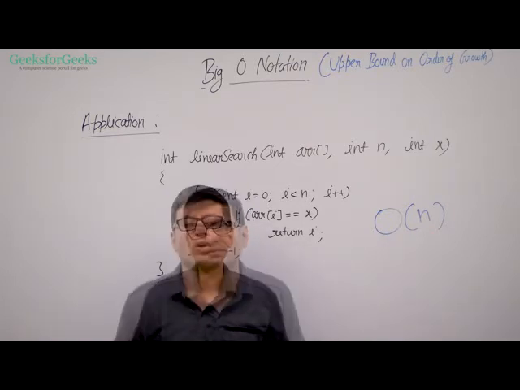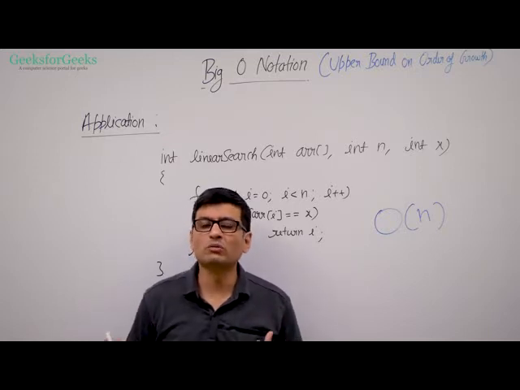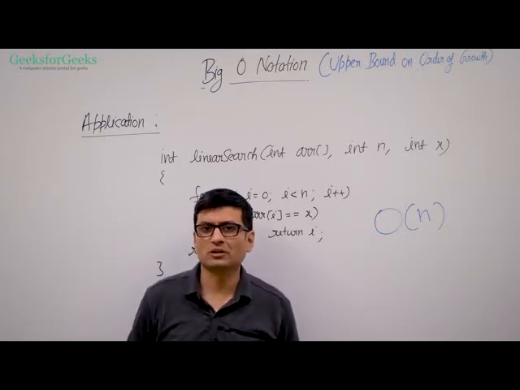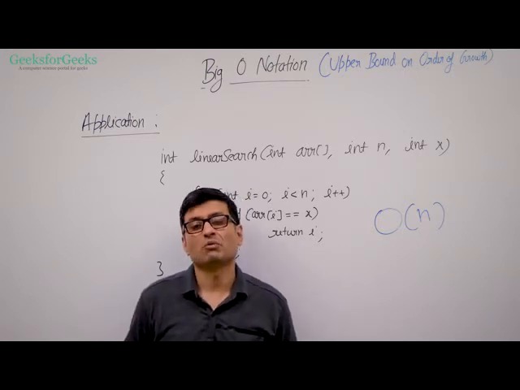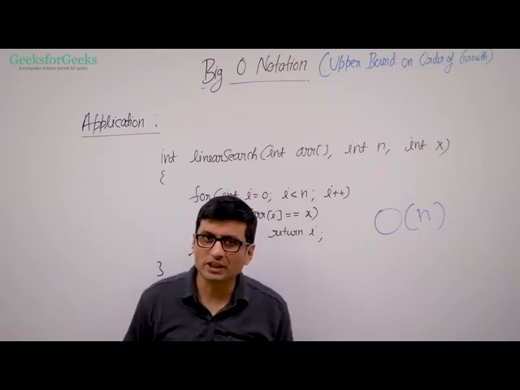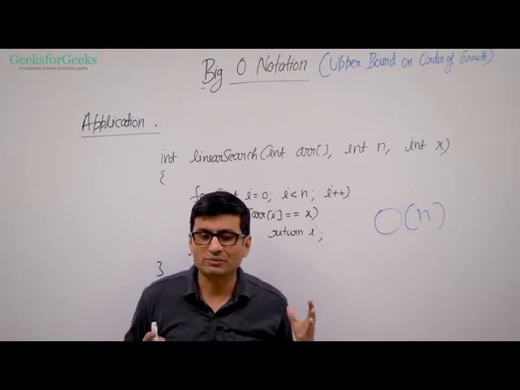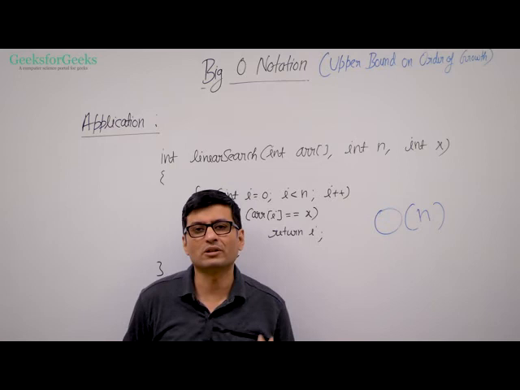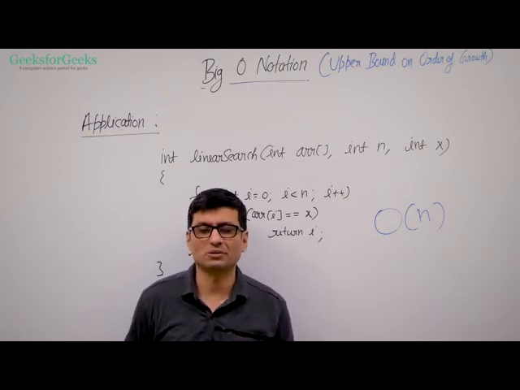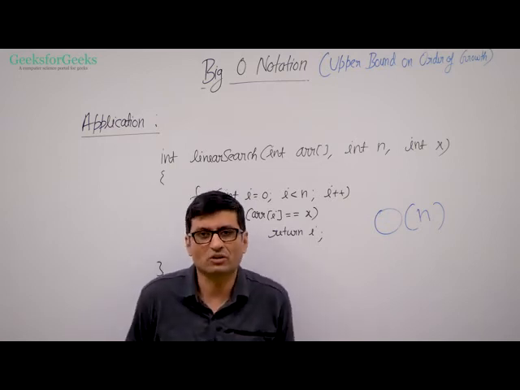It's an upper bound. We are going to talk about two more notations in the upcoming videos, but big O is the most used notation. Why? Because we care about the worst case. We analyze the algorithms generally in the worst case. We find the order of growth in the worst case, and we put this order of growth in big O notation. And that's how we analyze algorithms most of the time.